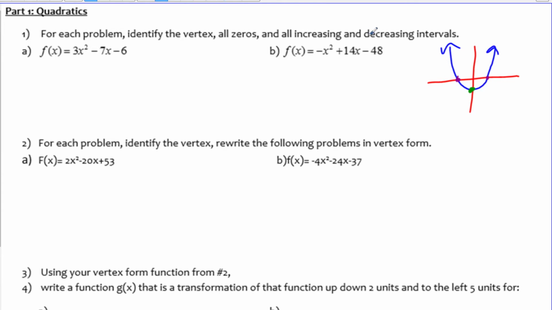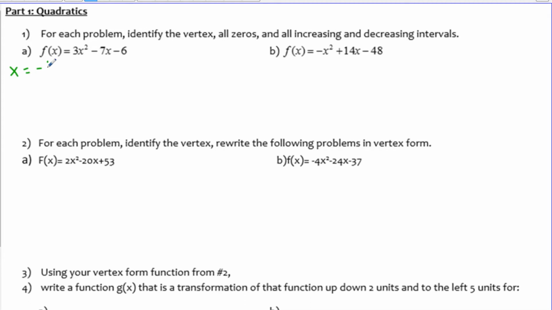And then we can also talk about increasing and decreasing intervals. When we're talking about that, we're really trying to describe when the graph is traveling downhill and when the graph is traveling uphill. That's what we mean by increasing and decreasing. And we're trying to identify all of these things without necessarily looking at the graph. So when they say identify the vertex, for standard form